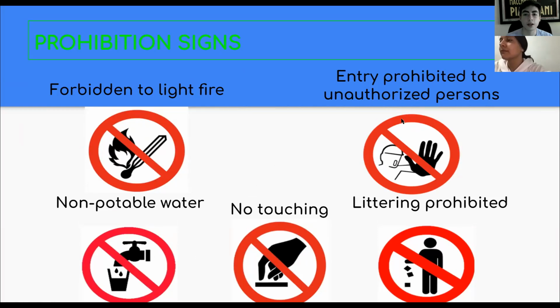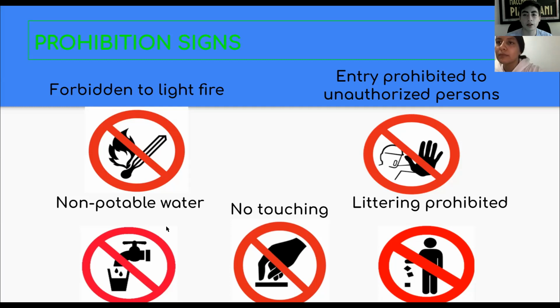Prohibition signs. These types of international signs prohibit a certain action. The first signage is forbidden to light fire. This indicates the prohibition of lighting fires in that area. And the following signage is no touching. This indicates to avoid the action of making physical contact with an object. And the following signage is